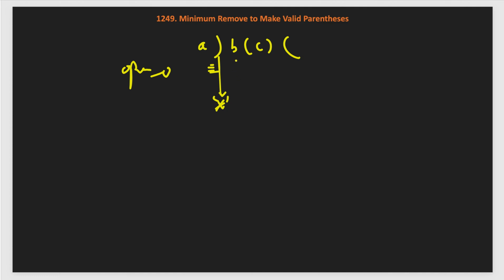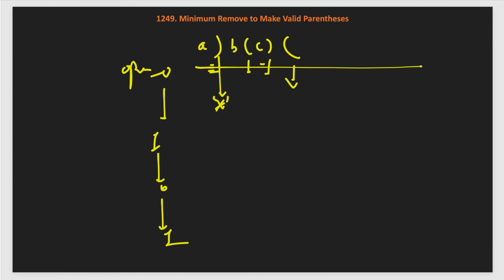Now B is fine, open is fine. Here the open count will become 1, and then we encounter close, so we reduce this back to 0, that is also fine. Now we got open again, so this open will become 1 and the first pass of our string is done. After that, as you can see, we converted this one to an asterisk, that's fine, but these two open and close make a valid pair, so we are keeping them as they are.